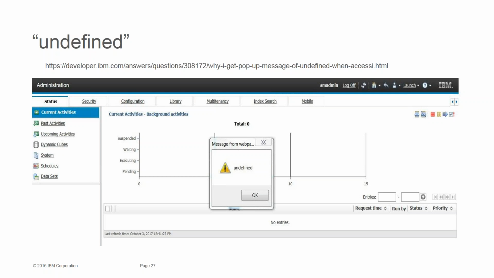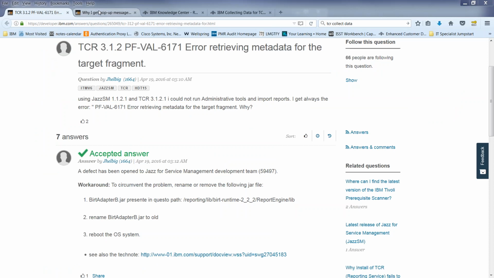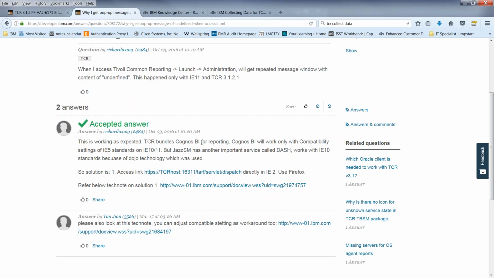For that one, there is another workaround, but unfortunately I haven't been able to get this to work any other way except in this accepted answer, the solution one, which is to open the URL, just modify this TCR host to your device's or your web page's host name, and open a separate window. When you do this, you shouldn't have to log in. It'll just go directly to the administration,